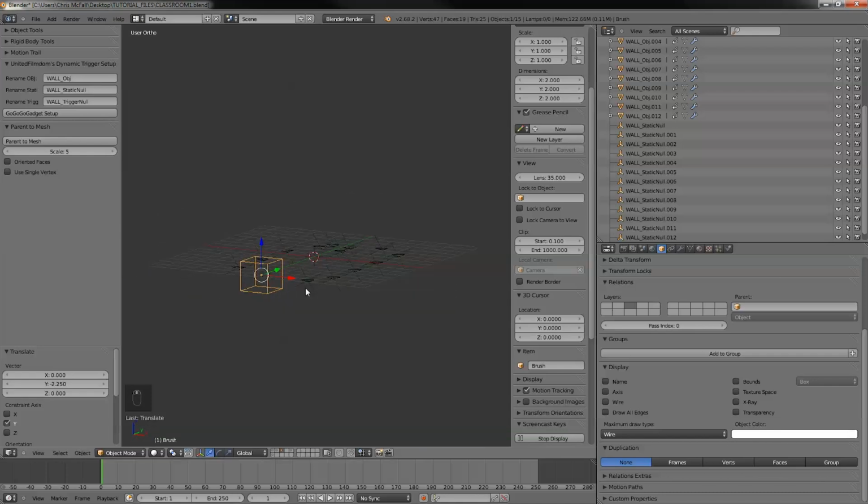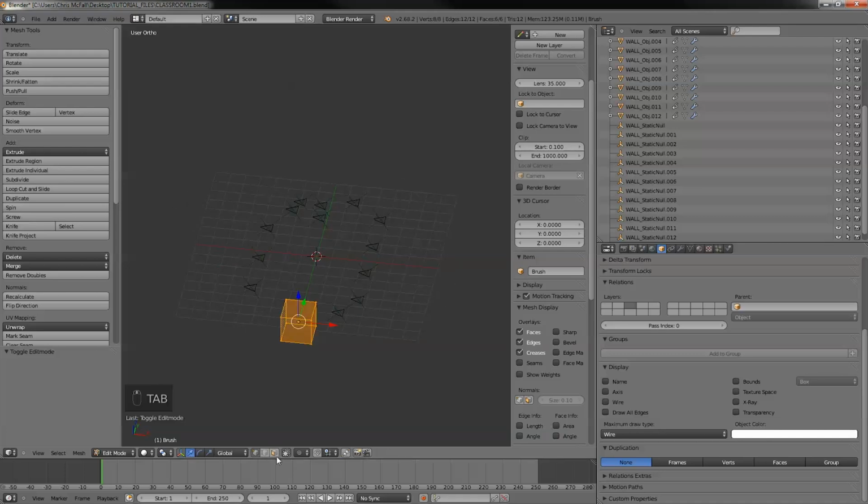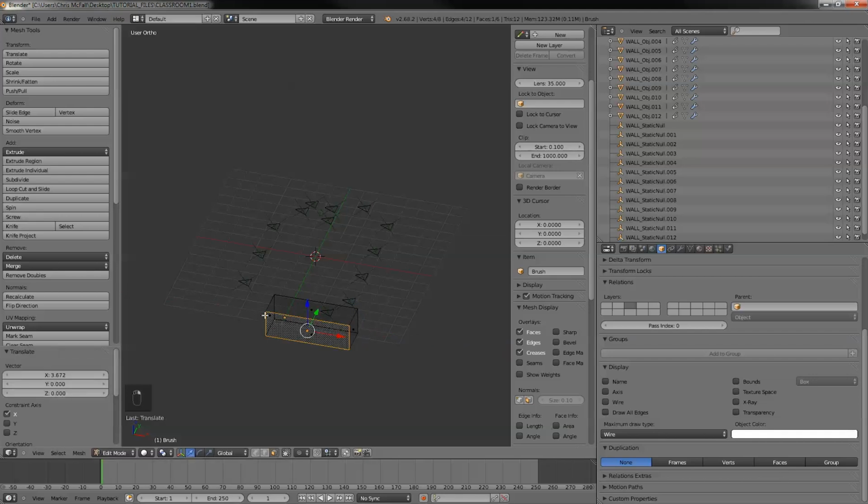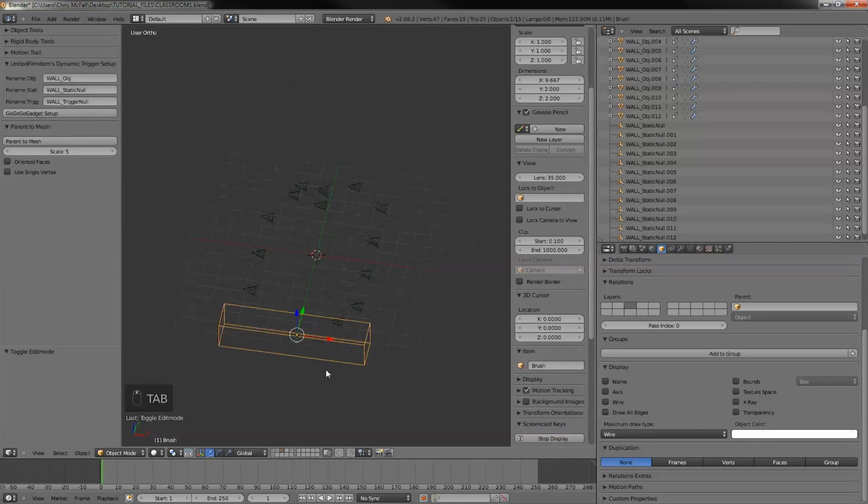I'm going to press Tab to go into edit mode. I'm going to choose face select and pull these side faces out so it's a little bit wider, and then I'm going to